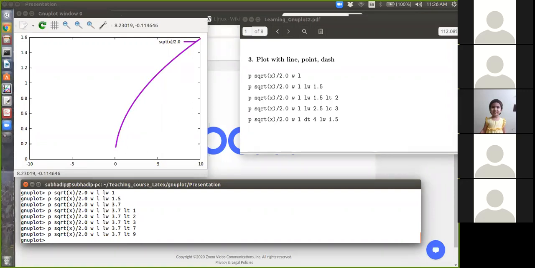So the recommended thing, if you have more than 8 lines to plot, is to change the dash type, not the line type. You use dash, double dash, this kind of thing. If you want some other mixed colors, there is a way, but that is complicated and not for the beginner. So up to this is sufficient, line type 8.